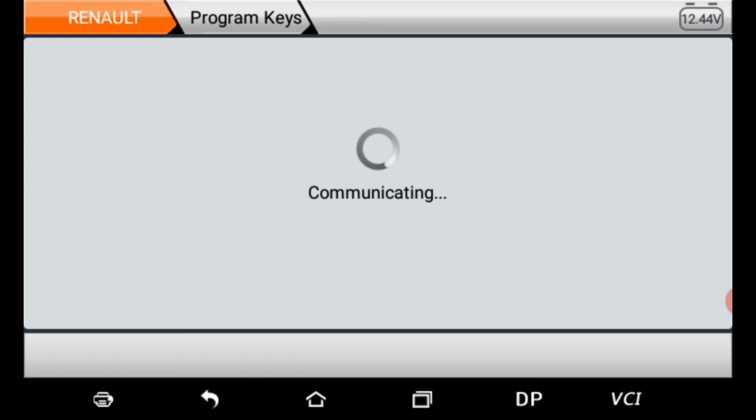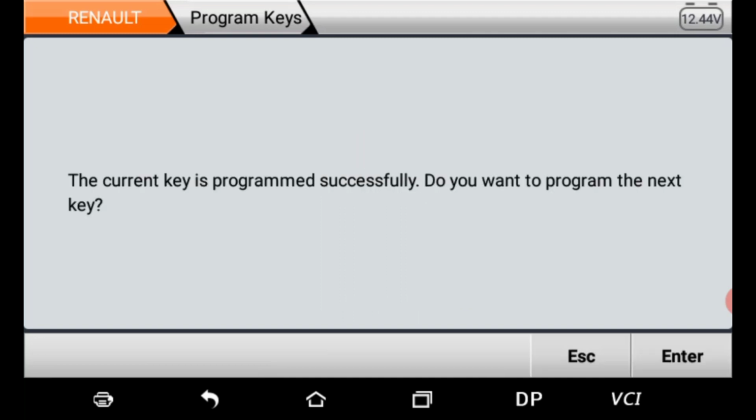The tool is communicating with the vehicle. And here the tool says the current key is programmed successfully. Do you want to program the next key? So here the original key is programmed successfully, and we want to program our second key. That's why we should press enter.